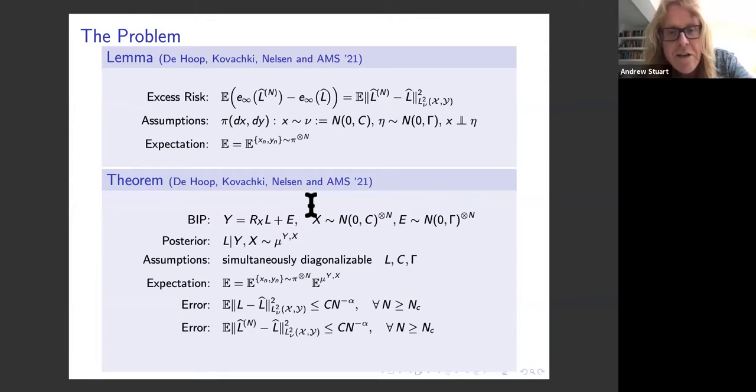Yes, thank you. Really good question. Firstly, I haven't expressed the exponent because, as those of you who are familiar with these kinds of Bayesian analyses know, the exponents are very complicated and they're hard to take in. They depend on the regularity of the input data X, the regularity of the output data Y, the prior measure on the operator L, and so forth. So very complicated, but we do have upper and lower bounds in many cases. So the results we have are sharp.